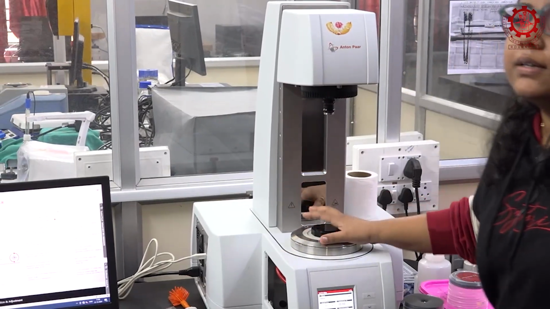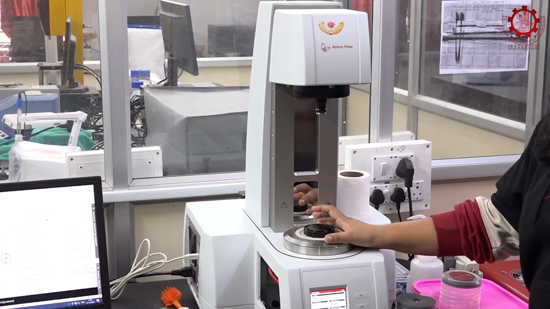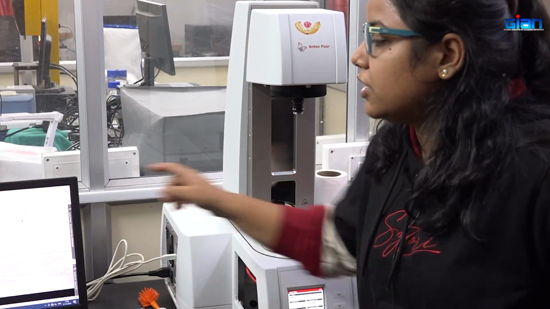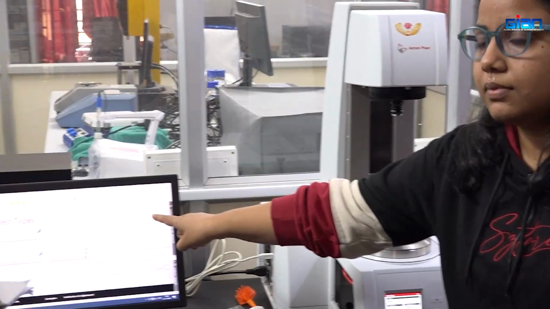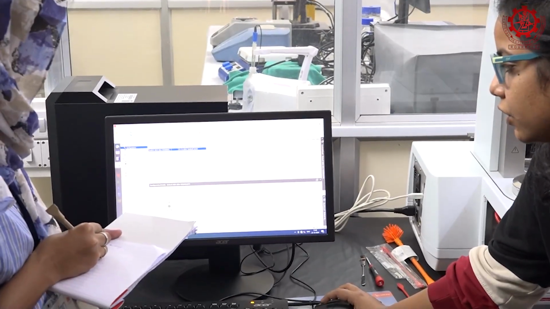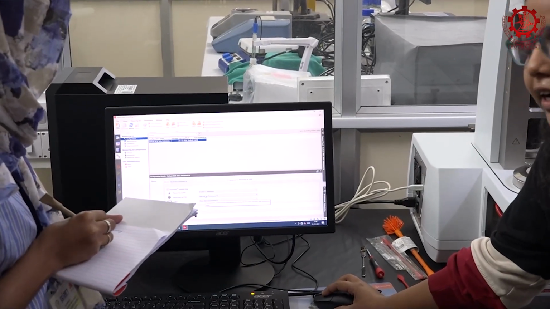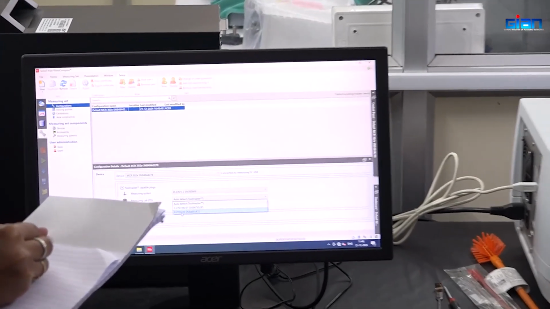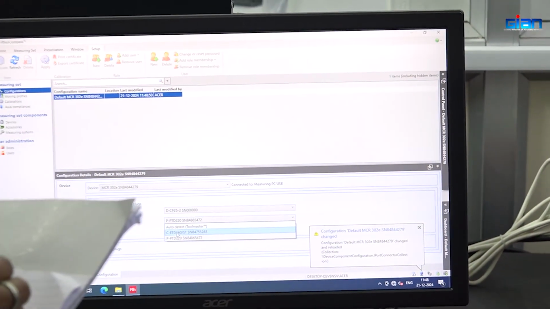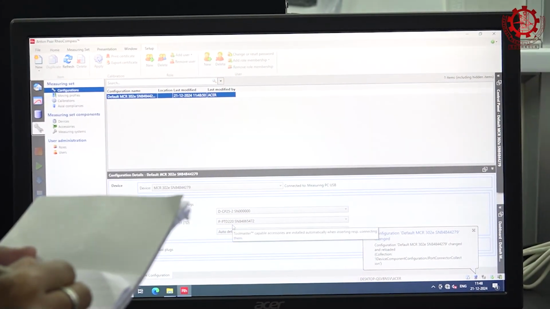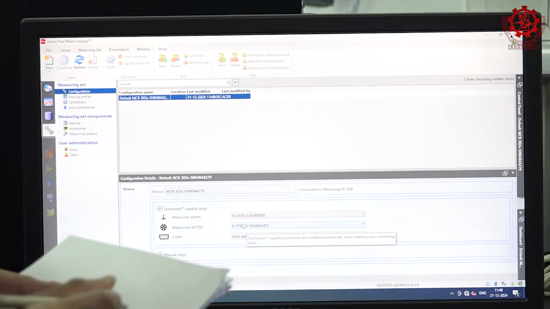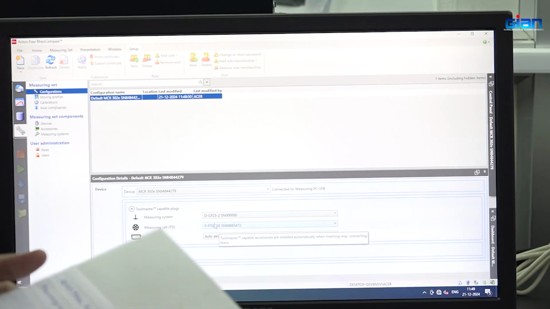When we place a parallel plate geometry or the starch cell, first we need to make sure that what we have attached is shown in the software. So first we'll go to the measuring system and check the hardware configuration. It is in auto detect mode now. We'll select this Peltier plate geometry, so it is PTD. When we attach the starch cell, it will be ETD. This has the Peltier effect, so it is PTD. And I'll show you the different geometries.